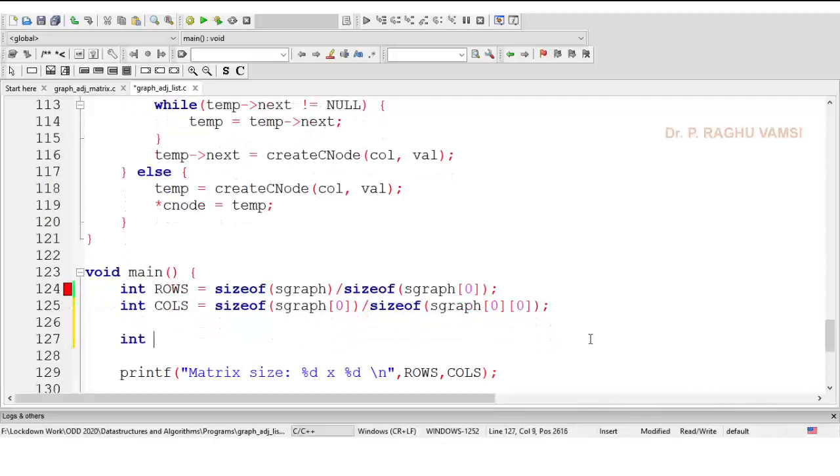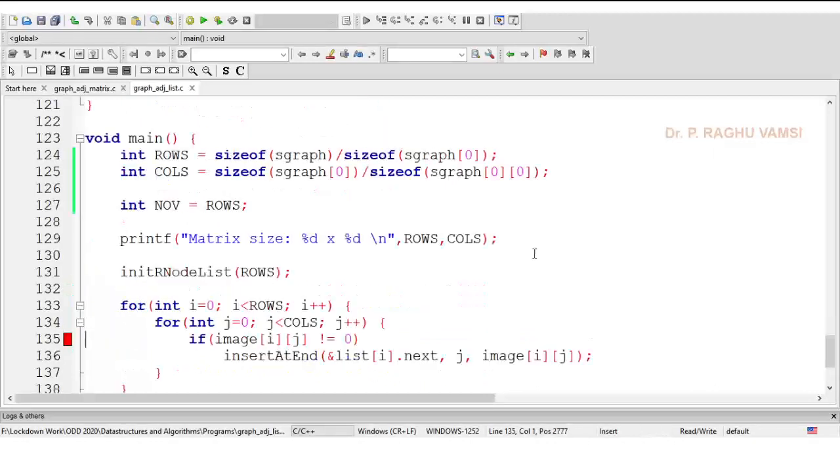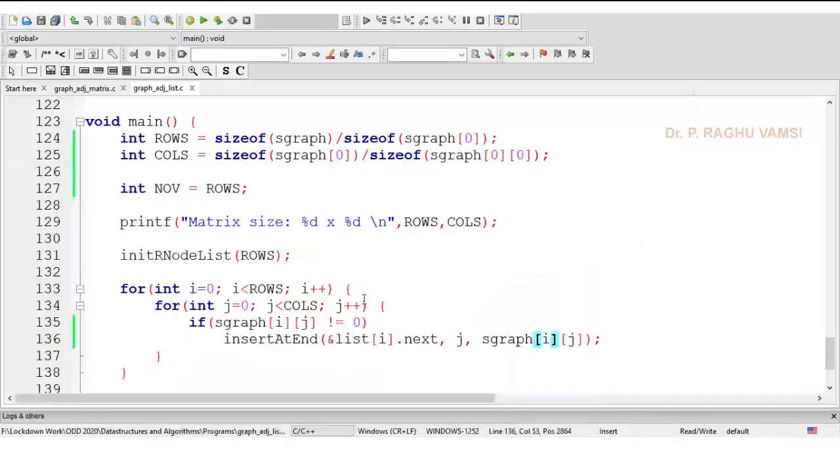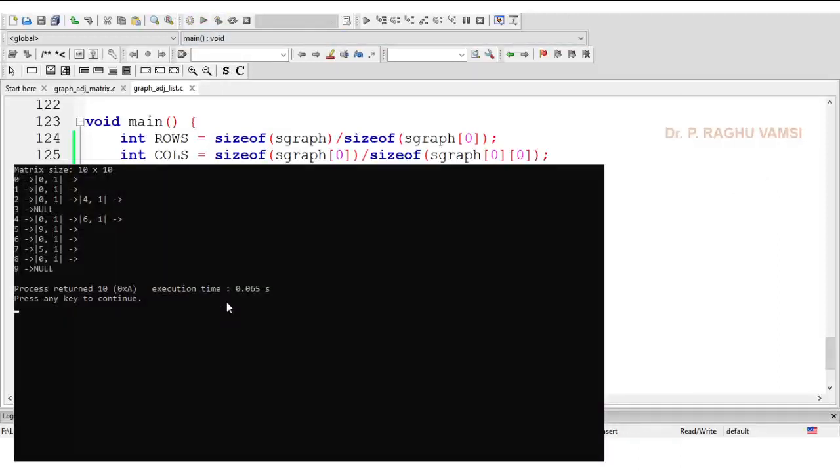So I will write int nov, number of vertices, is equal to rows. Wherever image is there, replace it with this graph. Fine. So this is the matrix of size 10 by 10, and we got this adjacency list representation.